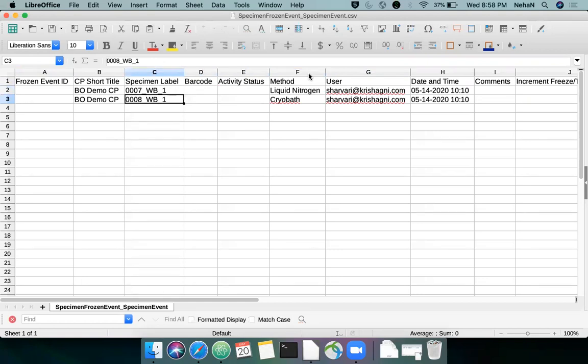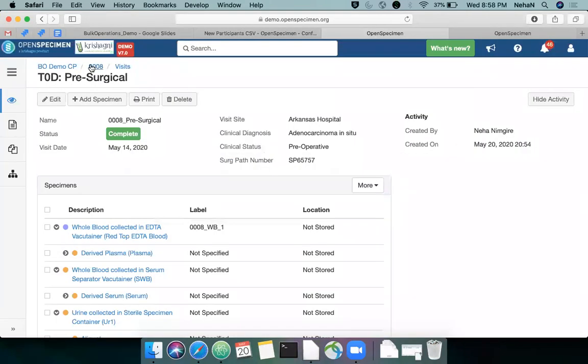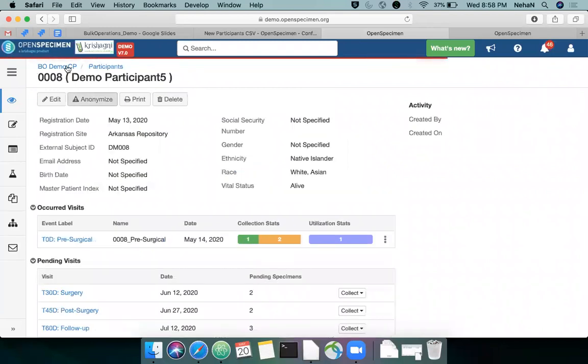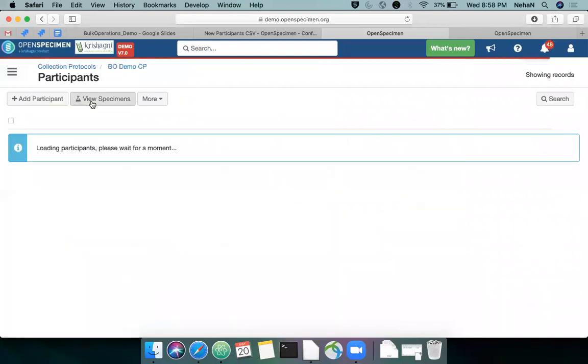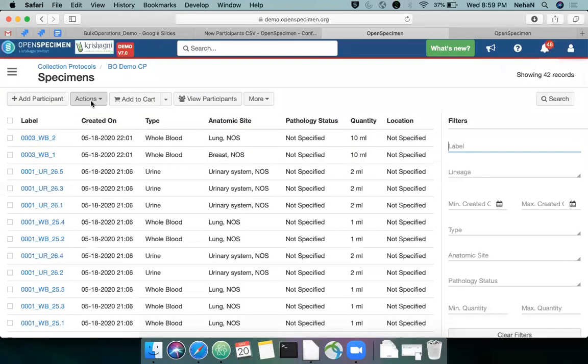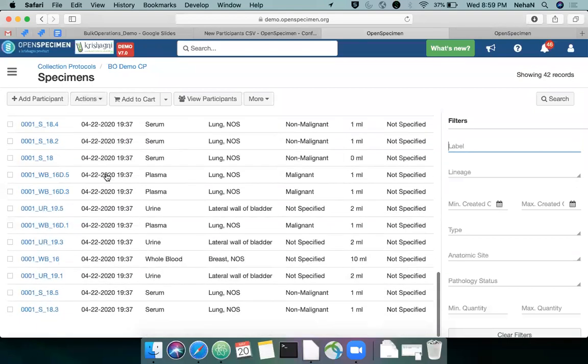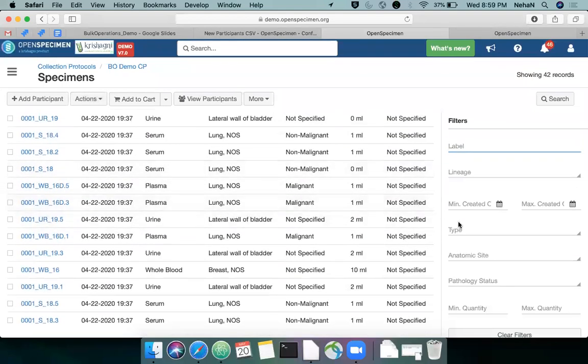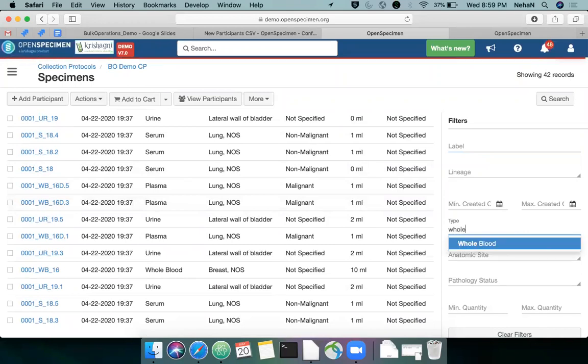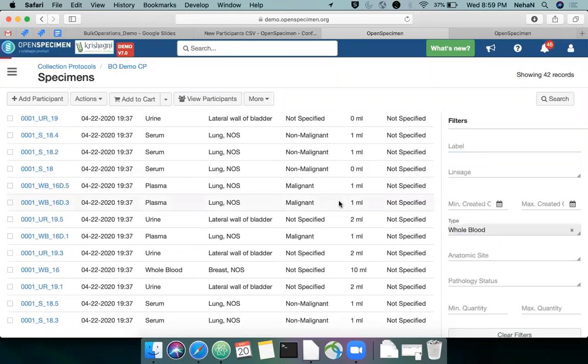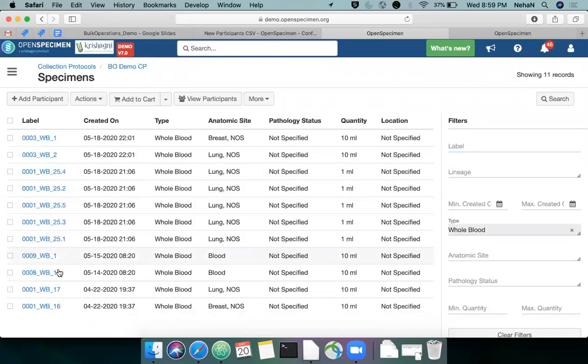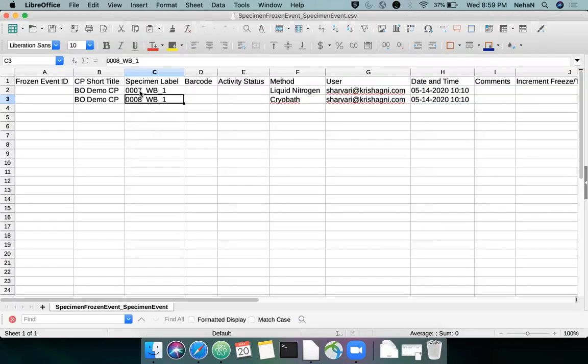So let me just go back and check the samples. Okay, so I have whole blood collected for the 8th and 9th patient.